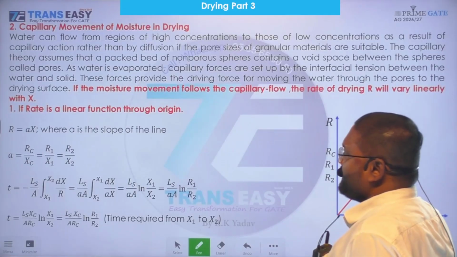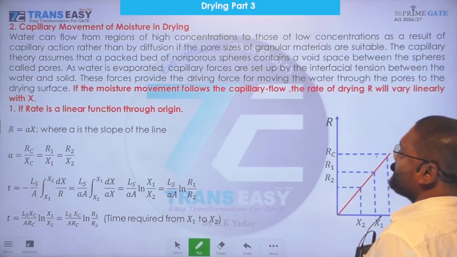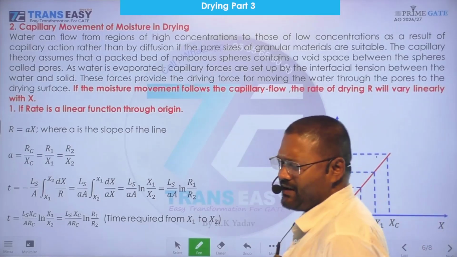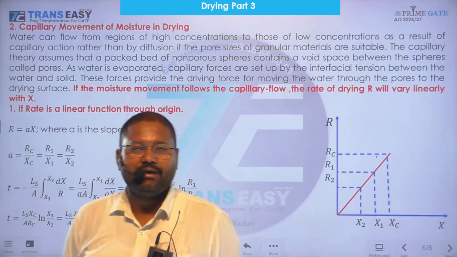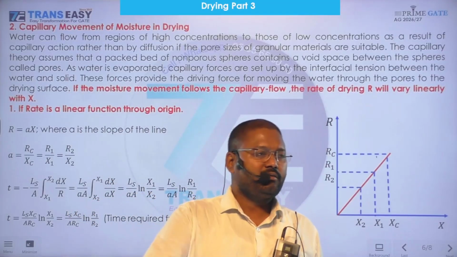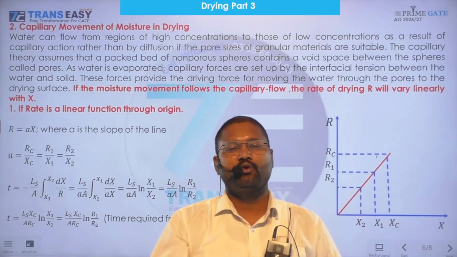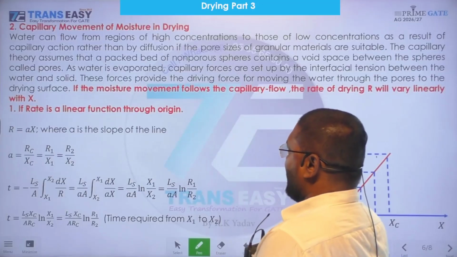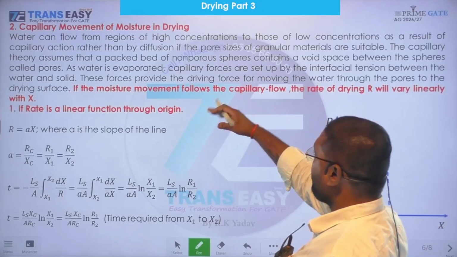The capillary theory assumes that a packed bed of non-porous spheres contains a wide space between spheres called pores. अगर अपने पास पोरस मटेरियल है कोई दिक्कत ही नहीं है, और नॉन पोरस ग्रेन्स है तो ग्रेन्स के बीच में पोर्स बनेंगे, right? As the water is evaporated from the surface of material under drying,